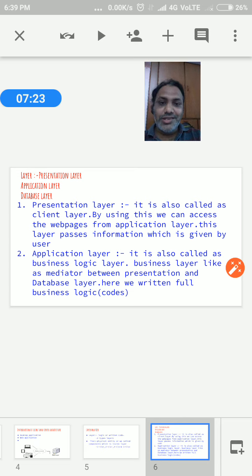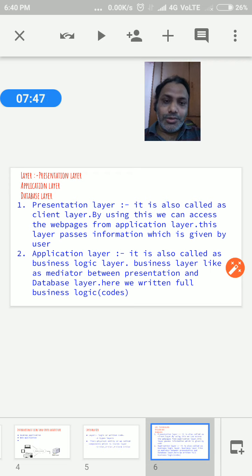First of all, the presentation layer. You know very well, all of you, the OSI reference model from computer network lectures. The presentation layer is next to your application layer. So from the application you take the data and we send it to the presentation layer. Very easily, we can access the web pages through the presentation layer.